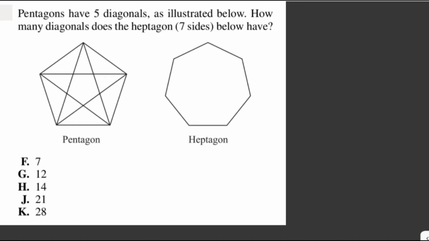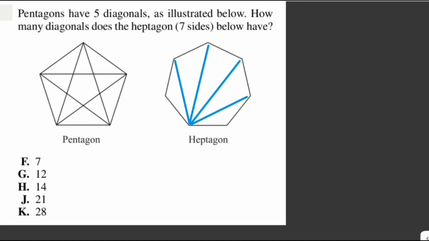A pentagon has 5 diagonals as illustrated below. How many diagonals does the heptagon, which has 7 sides, have? Now to find the number of diagonals for the heptagon, we just have to draw diagonals from each vertex point. Since the heptagon has 7 sides, therefore it also has 7 vertex points. Now if we draw diagonals from each vertex point